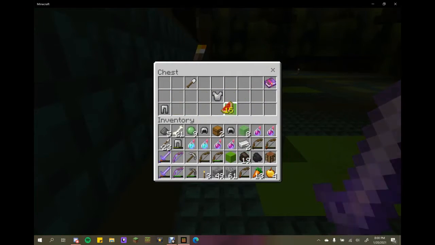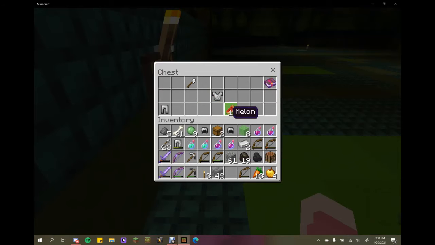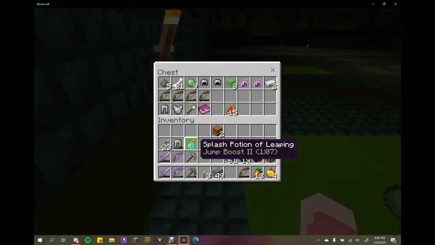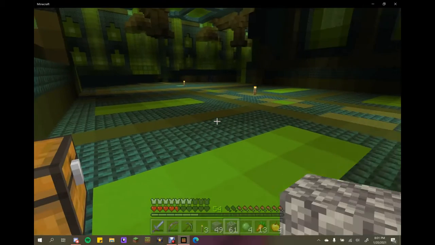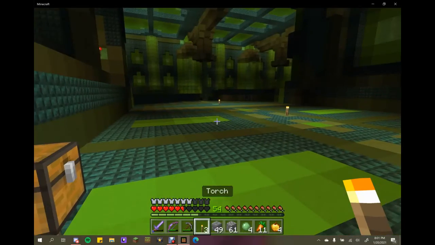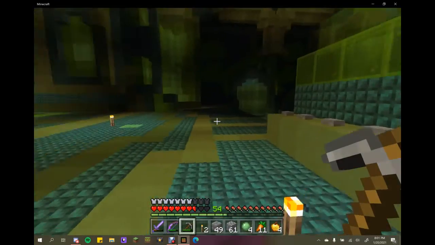Torches are fine. And of course my inventory is full, so I'm trying to figure out, do I take this stuff, do I leave it, or do I take the good stuff and leave the others, or just dump it all in this chest? I realized that I'm about out of torches after I dumped all that stuff in the chest, but I'm going to go ahead and do what I can with what torches I have, and then we're going to end the